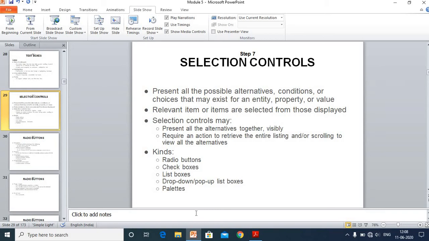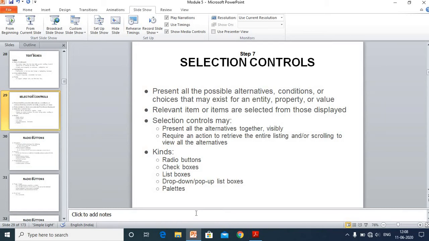That means I'm controlling those menus or check boxes by using some control facilities. So these are drop down menus, pop-up list boxes, check boxes, radio buttons, palettes. All these are examples of selection controls. So let us see all these things.